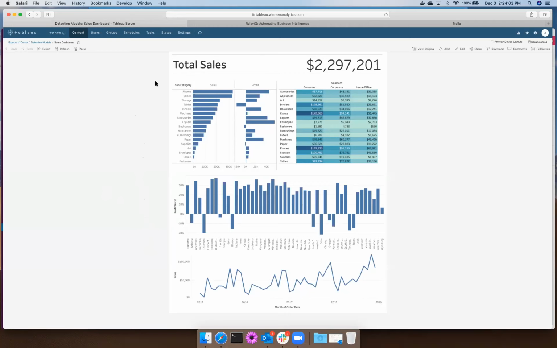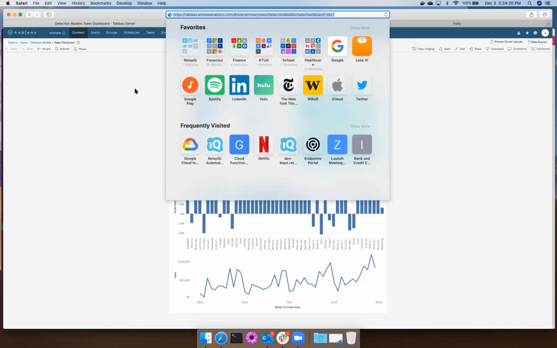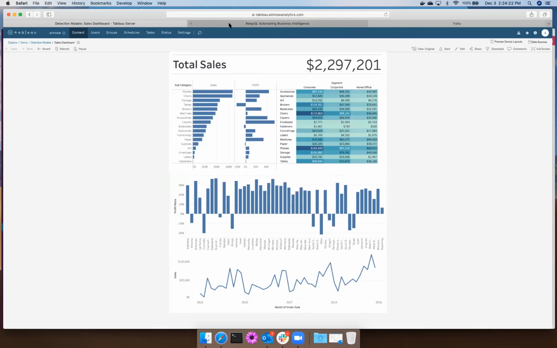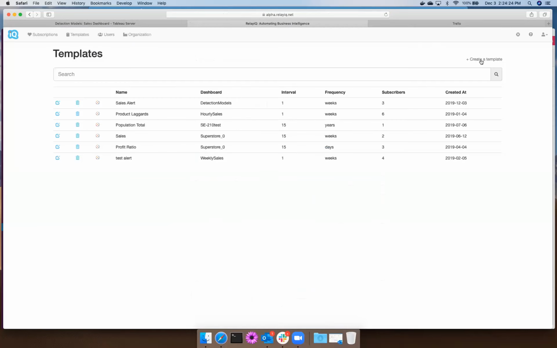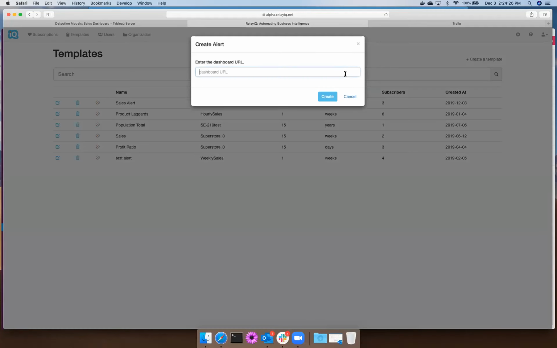So in order to do that, there are two ways that we can hook into this dashboard. One is by dropping our extension. We have an extension in the Tableau Marketplace onto this dashboard. It displays itself as a button. Or if you don't want a button sitting on your dashboard, you can grab the URL for the dashboard, come over to our application and click on Create a Template. And you would just paste the URL in here,